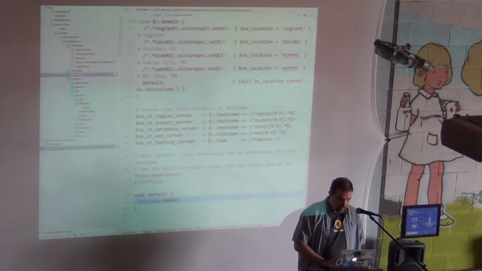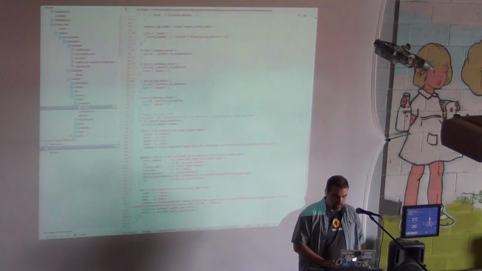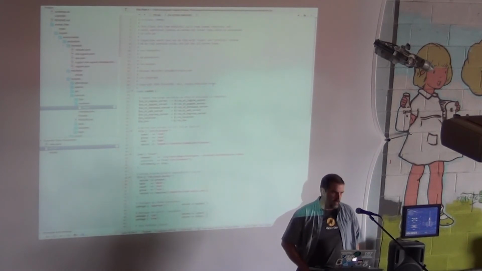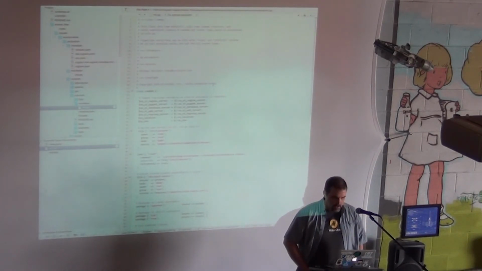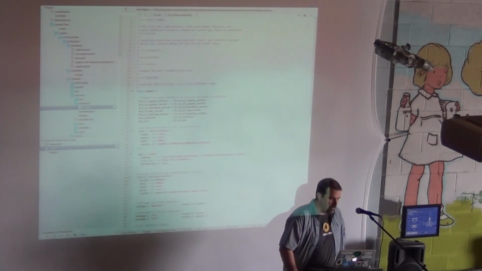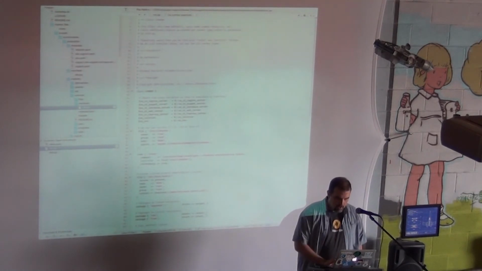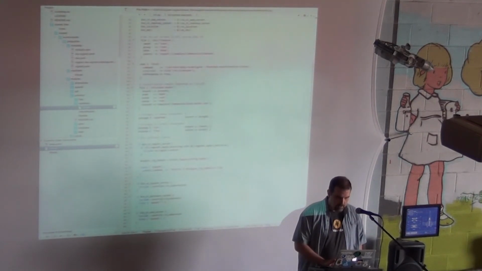So I create a common module. Basically, every node runs that. And this is similar in many ways to the Puppet Labs roles and profiles approach. They would probably call this a role module instead of a common module, and I may actually make that change in here at some point. But I'm exporting those top-level variables from site.pp, and then depending on what kind of server you are, and whether